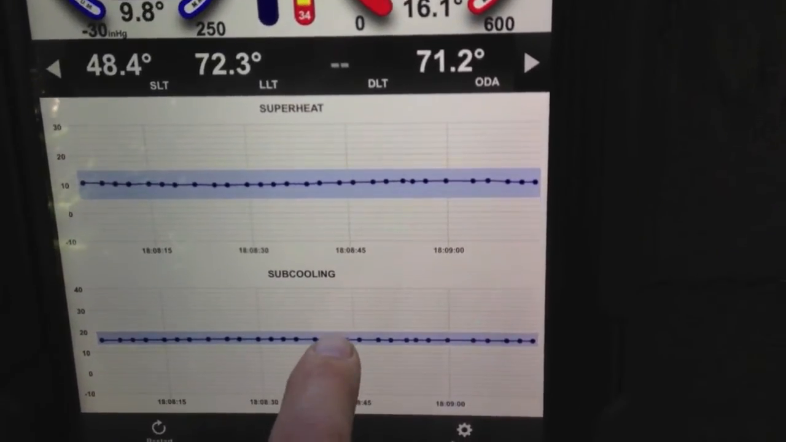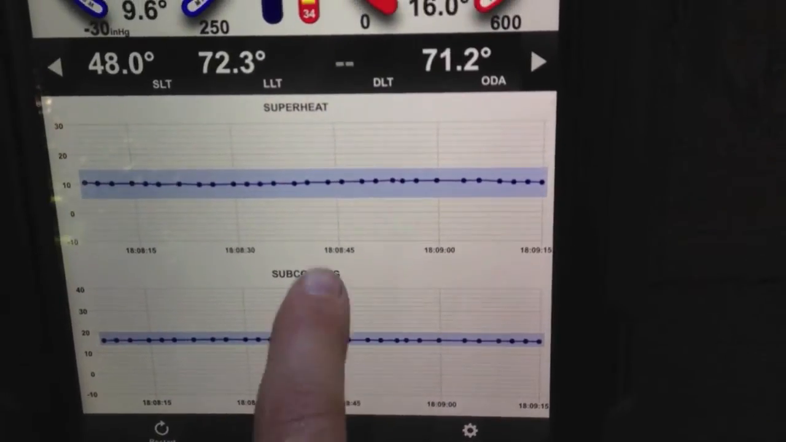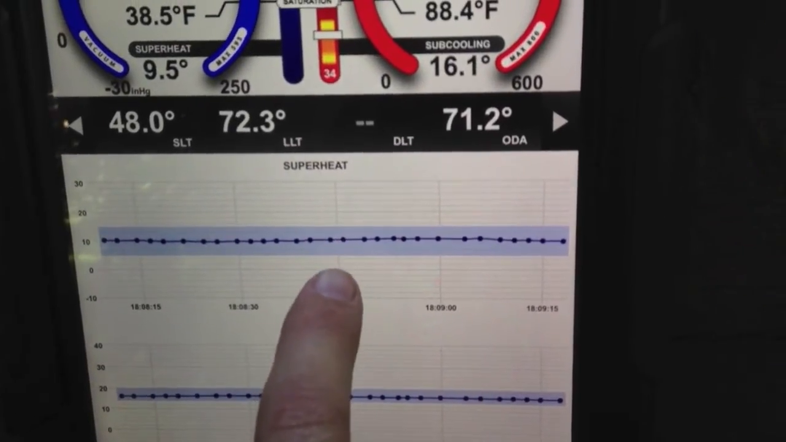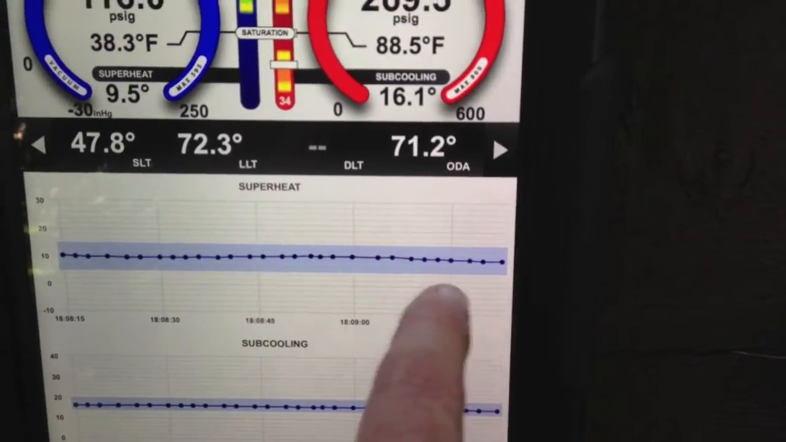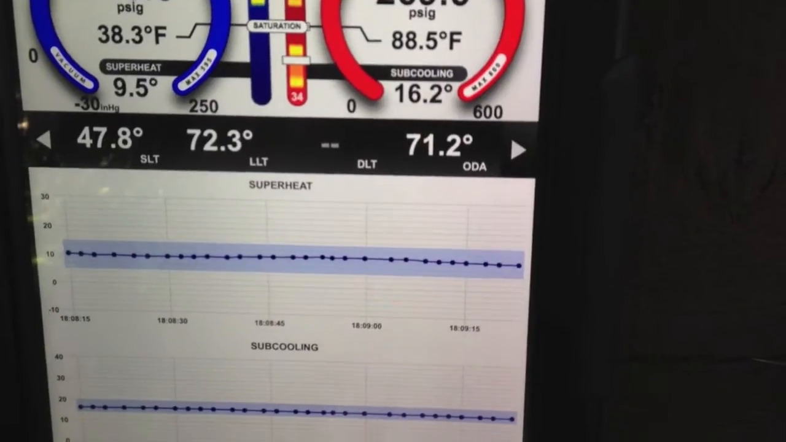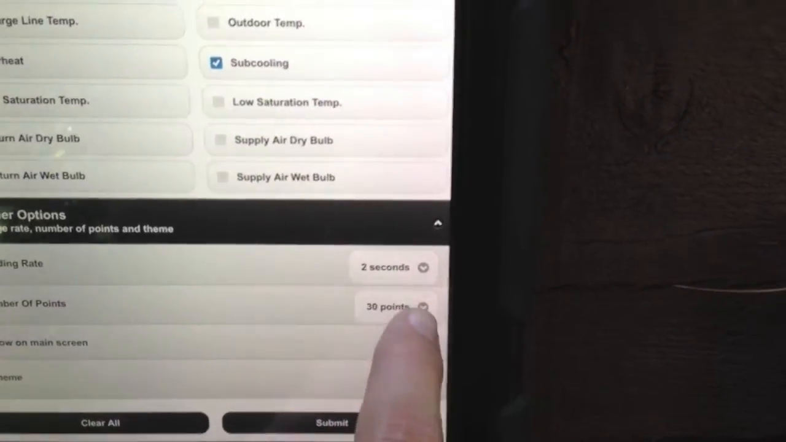On Subcooling, the allowable is plus or minus 3, and that's why it's a narrower band than the superheat, which is plus or minus 5, and those are right where they should be. Now again, this is 30 points of data, and it's doing it every 2 seconds. I can go in and change those options again, and I can make this